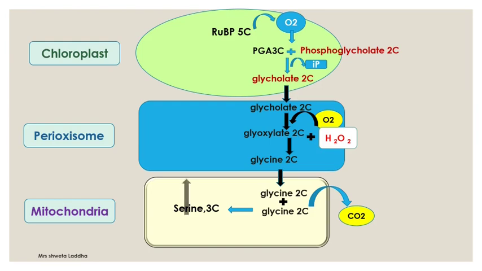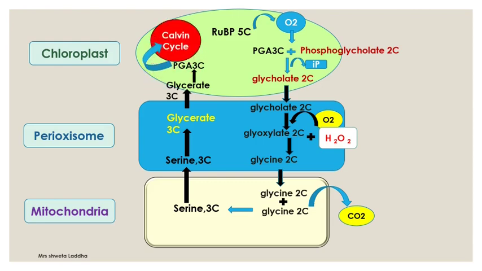This amino acid serine, when it is accumulating too much in mitochondria, leaves mitochondria and enters peroxisome. There, it converts itself into glycerate, a 3 carbon compound also called glyceric acid. This glyceric acid then leaves the peroxisome and enters into chloroplast, reacts with phosphorus and forms phosphoglyceric acid or phosphoglycerate, which again participates in the Calvin cycle. Again, the Calvin cycle releases RuBP and the cycle continues.